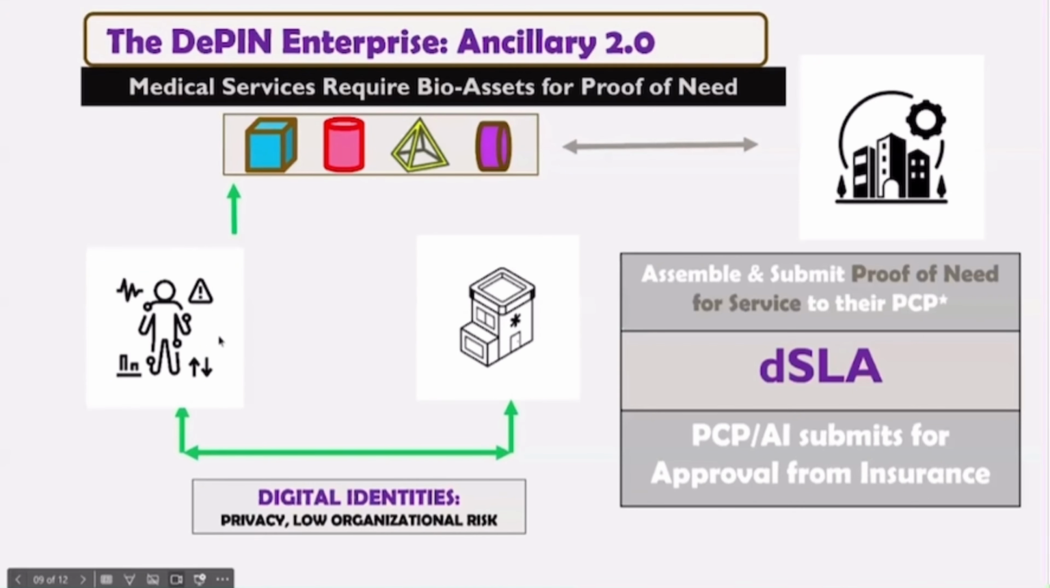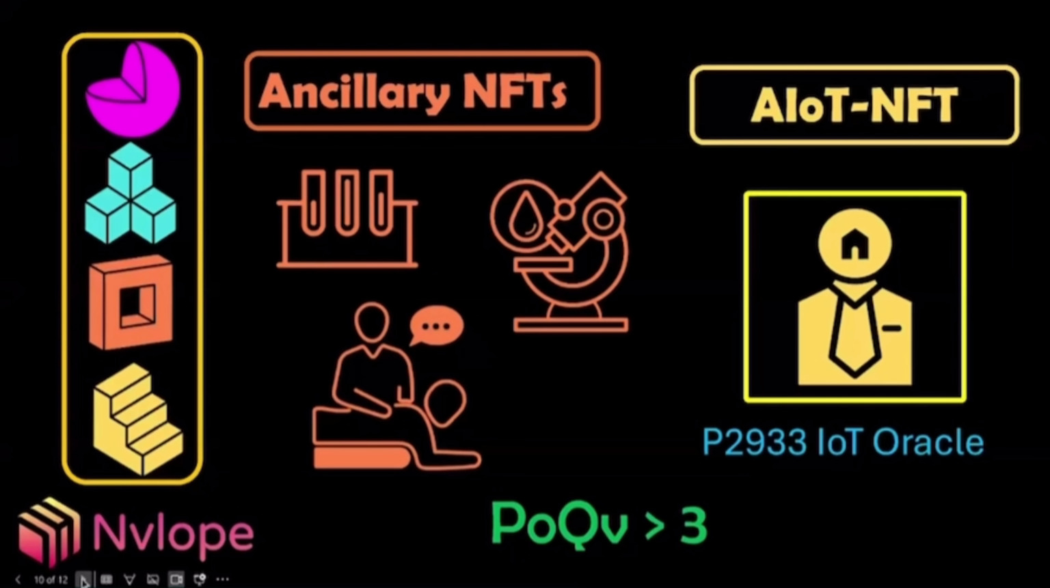So if you have all these readouts, including the IoT readouts, it allows the patient to assemble and submit a proof of need of service to their PCP. What ends up becoming is a distributed service level agreement for the PCP or AI to submit for approval from insurance. Now, when you get an up to the minute report of all of their ancillary NFTs and an AIoT NFT with the P2933 IoT Oracle, you have proof of quality outcomes that should be greater than 3